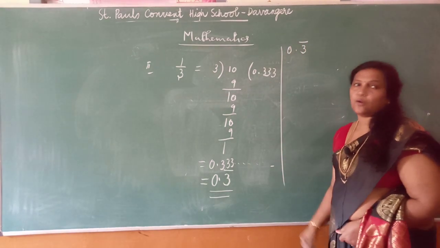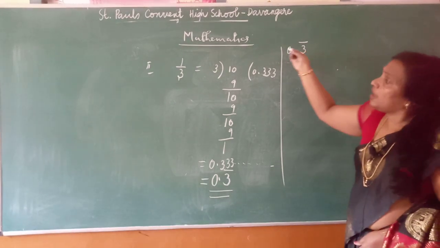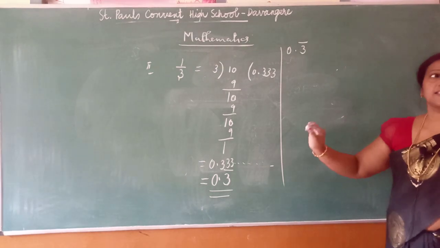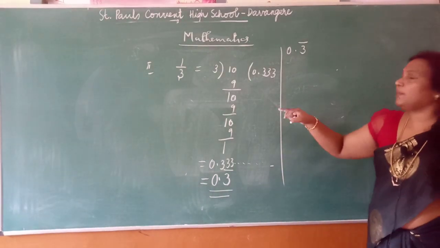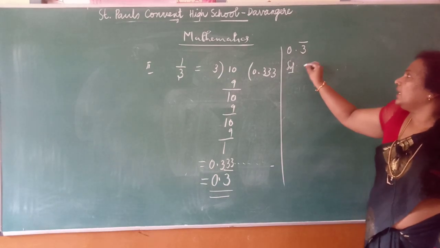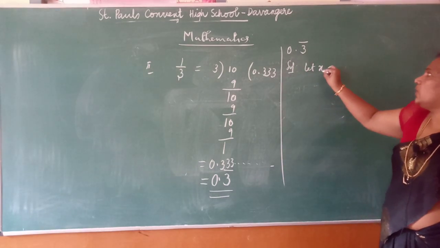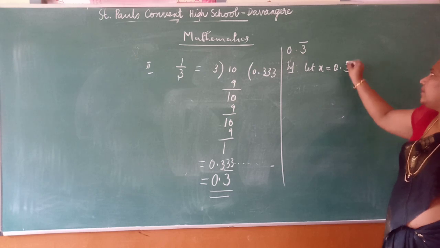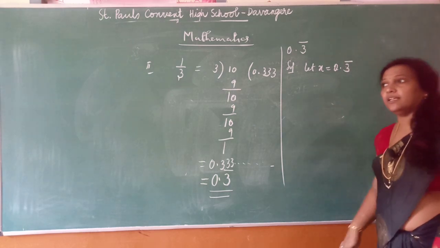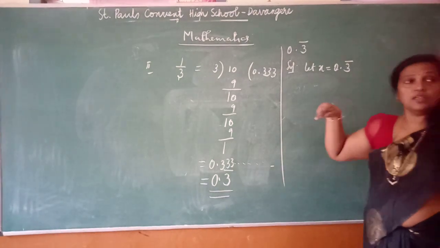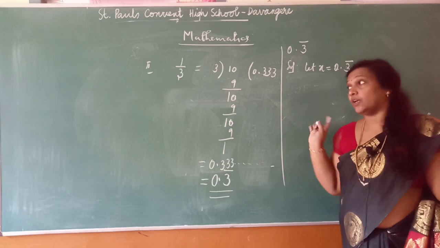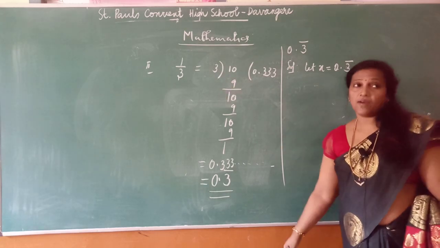That is important now. When they give you a recurring decimal, how will you convert it into the p by q form? So I will write the steps for one problem, and the second problem you have to do. Now first step, let me write down. Let x is equal to 0.3 bar. What does this bar show? It is 3 repeating. Now I have to write it in the p by q form. What answer should I get? Already you know the answer I should get is 1 by 3.